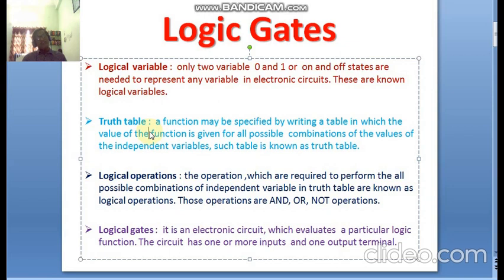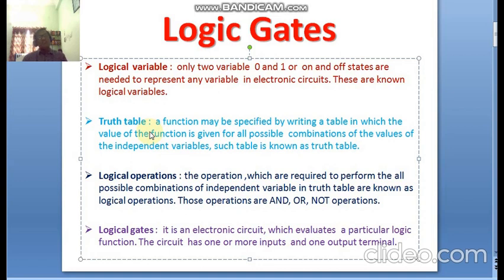That means A is an individual or independent variable, and B is an individual or independent variable. Then the possible combinations of A and B give the value of C. C is the function here. The function depends on the individual variables A and B. That can be put in a table.